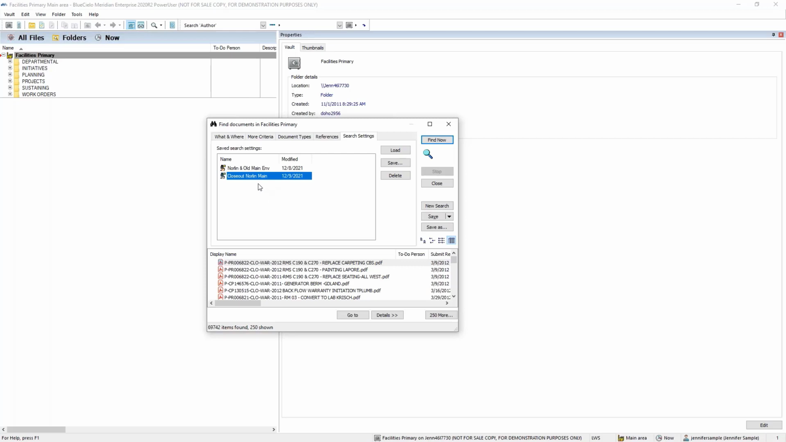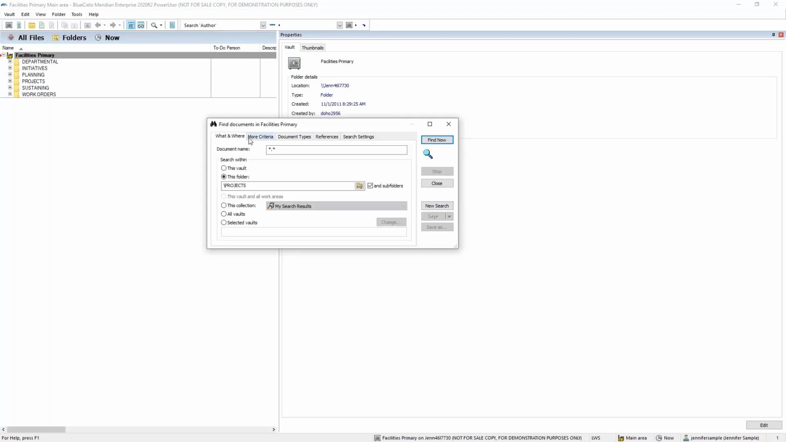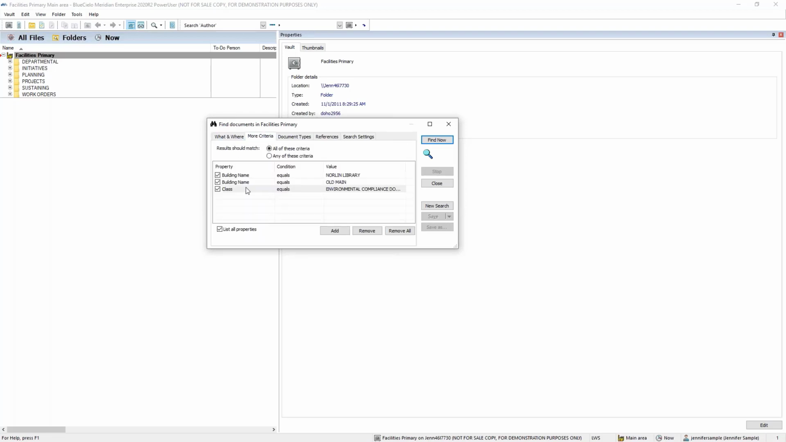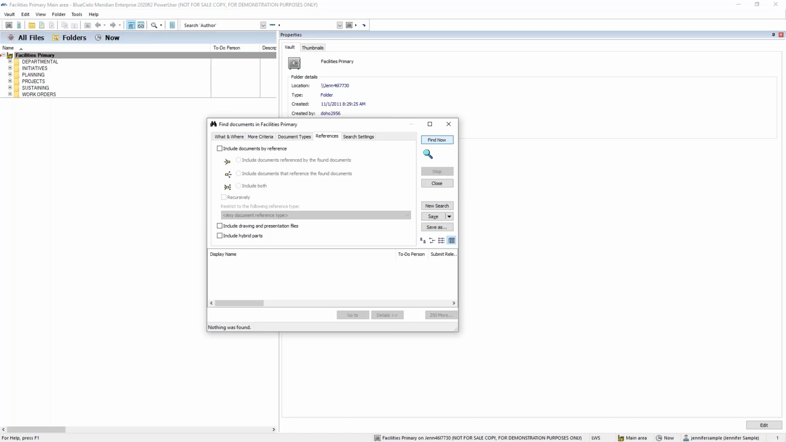So that's if you want to keep those in here to be able to come in and load them again. So if I know that I'm going to come in and I'm always looking for these things, like this one, I'm going to load this search. Actually, click new search. Yes. I'm going to load this search up and notice now that my what and where is different. My more criteria, my classification is now environmental compliance. And I can do that search,